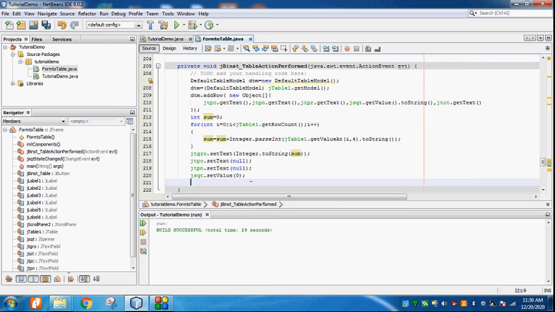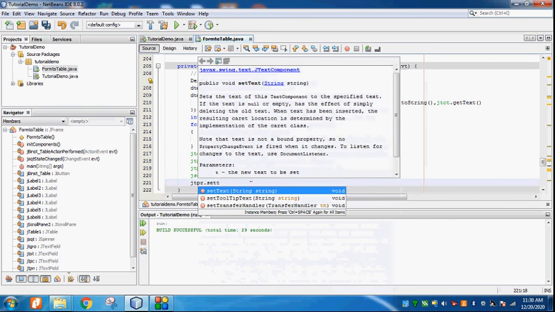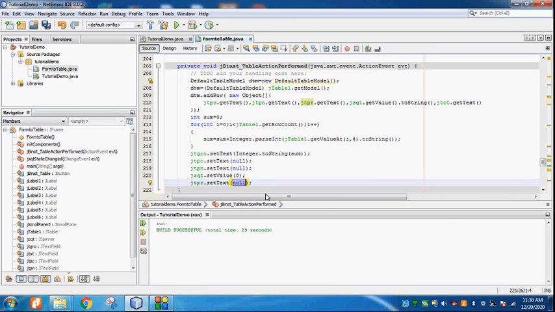then I'll go for jtpr price dot setText is equal to null, and total also.